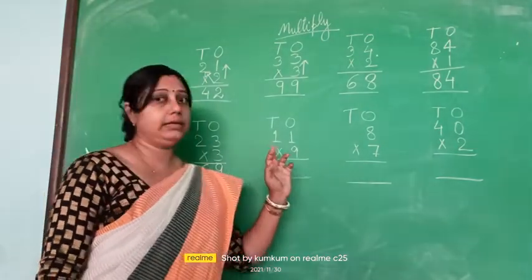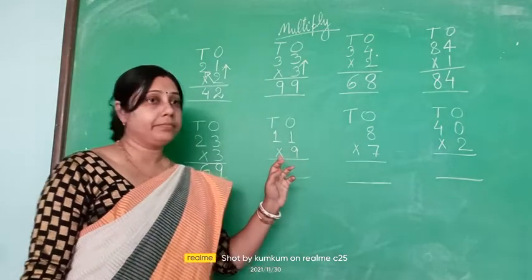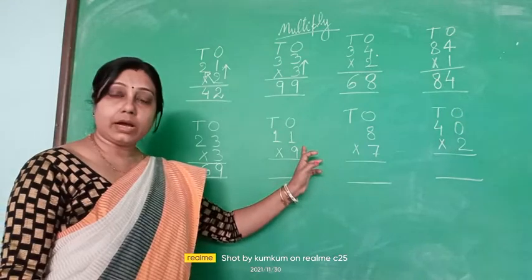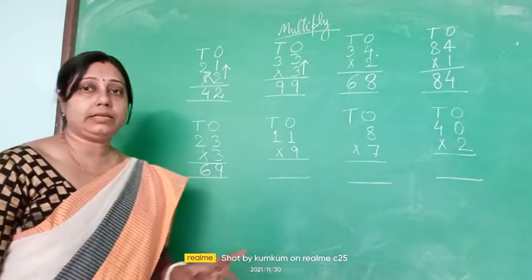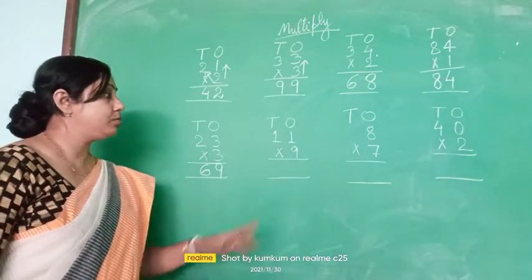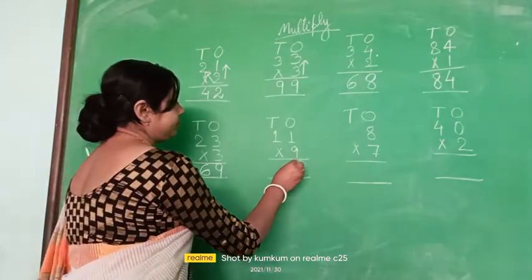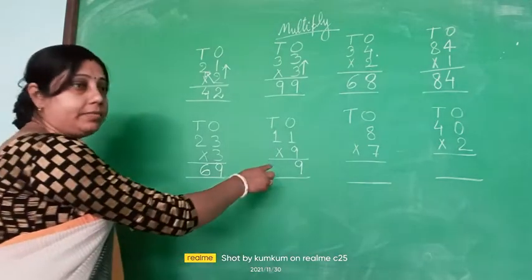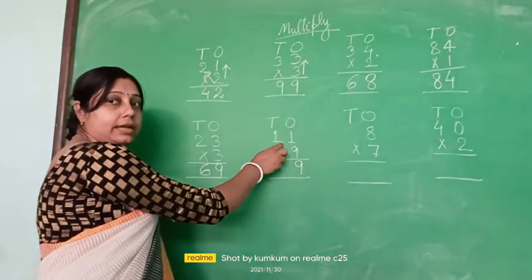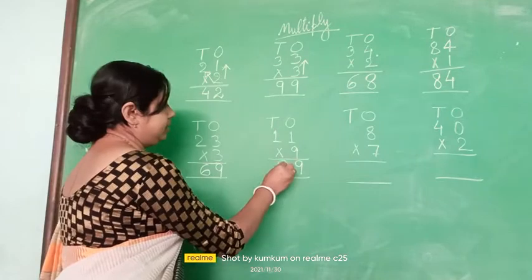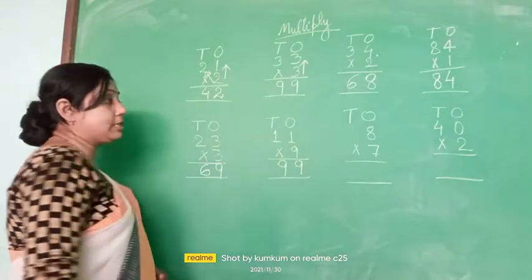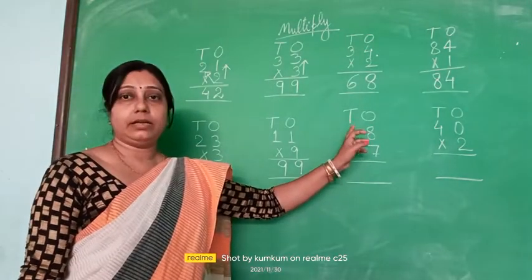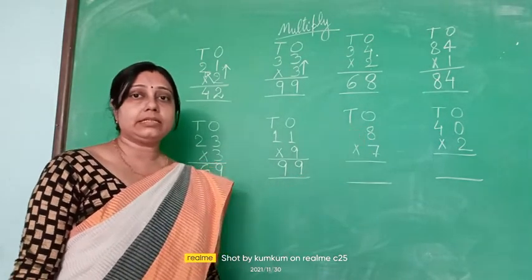Now next one, 11 multiplied by 9. So either you multiply 9 into 1 or 1 nines are 9, whichever table is easier you feel, you multiply. So 1 nines are 9 or 9 ones are 9. Again the same thing we are going to do, cross multiply. So 9 ones are 9. Next one, see here only a single digit is given. Tens house is vacant.